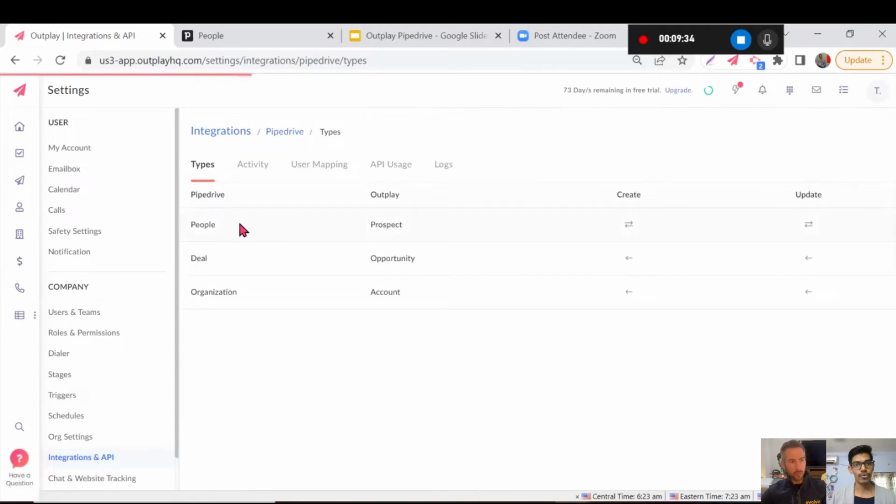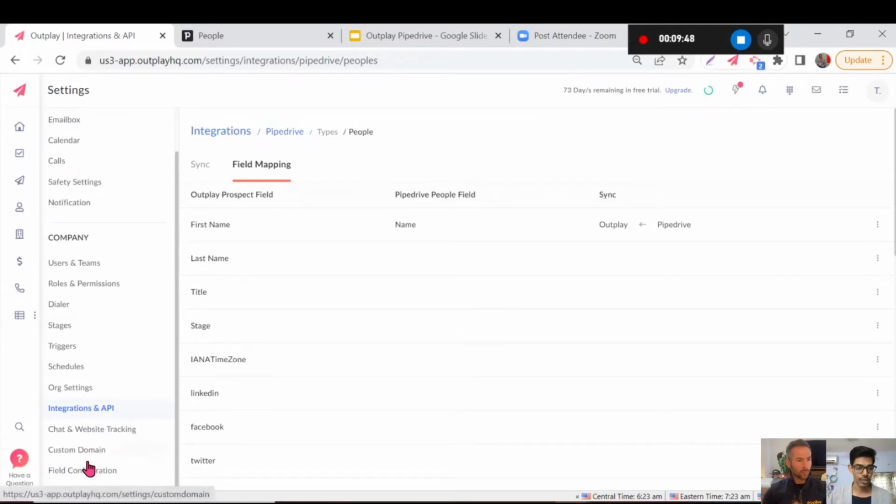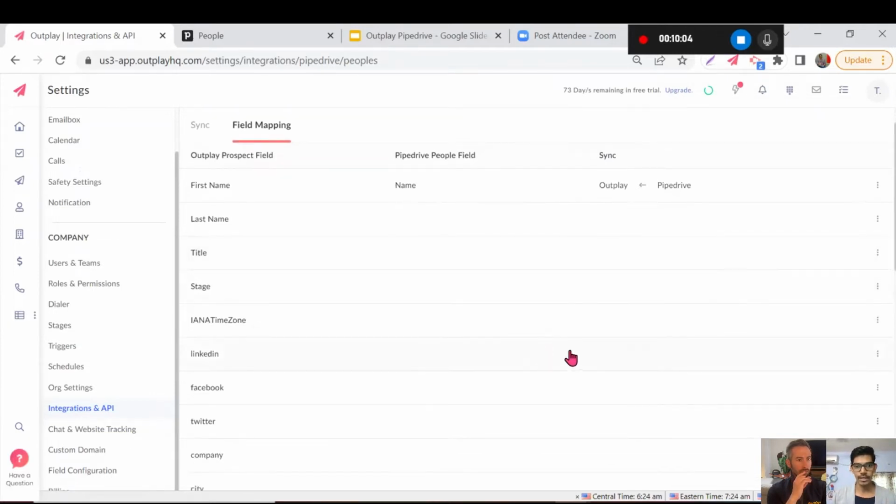Right now, coming to field mapping. So what fields do we map in your Outplay account? Right. So let's say in your Pipedrive account you have 4 or 5 custom fields, and you want to see that data inside your Outplay account. It is very easy to create custom fields by going to your field configuration and connecting or creating as many custom fields as you want in order to personalize your email content or have more perspective on who this prospect is and what kind of data he owns. Right. For example, if I want LinkedIn or title, or let's say last name,